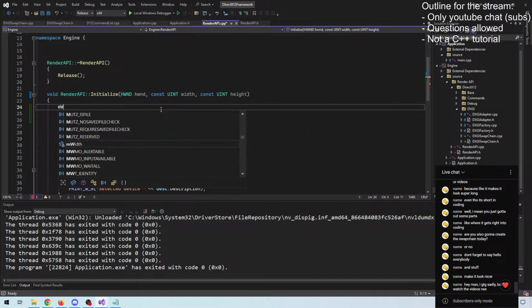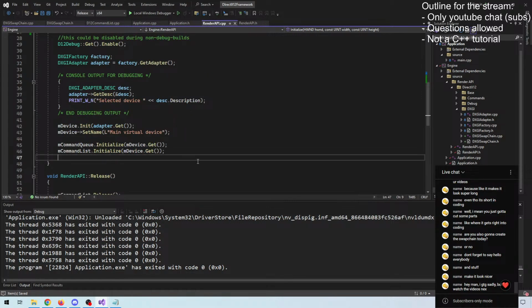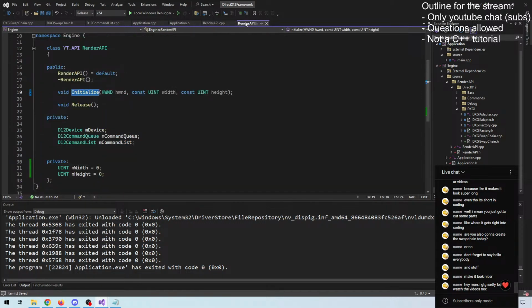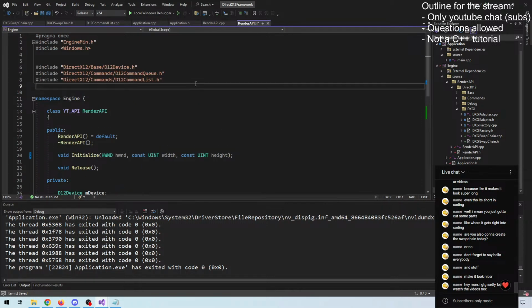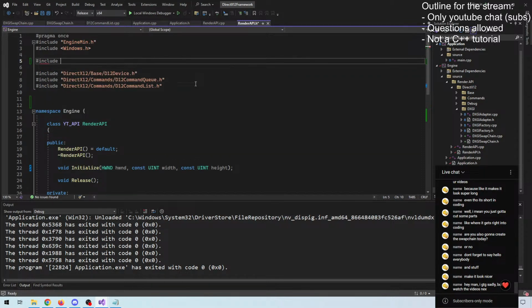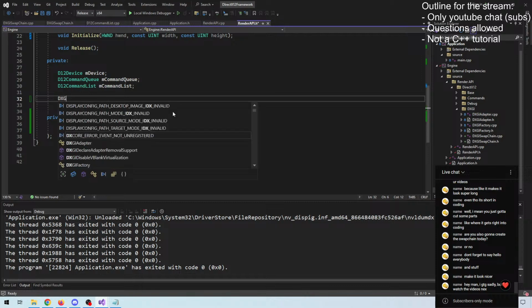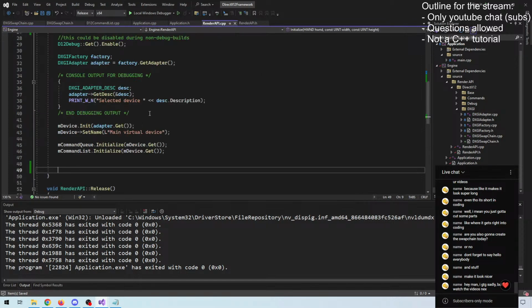We want our m width to be our width. We want our m height to be our height. And then when we want to create a swap chain here, since this is a DXGI thing, we will actually create that before the DXGI swap chain, and we will initialize that